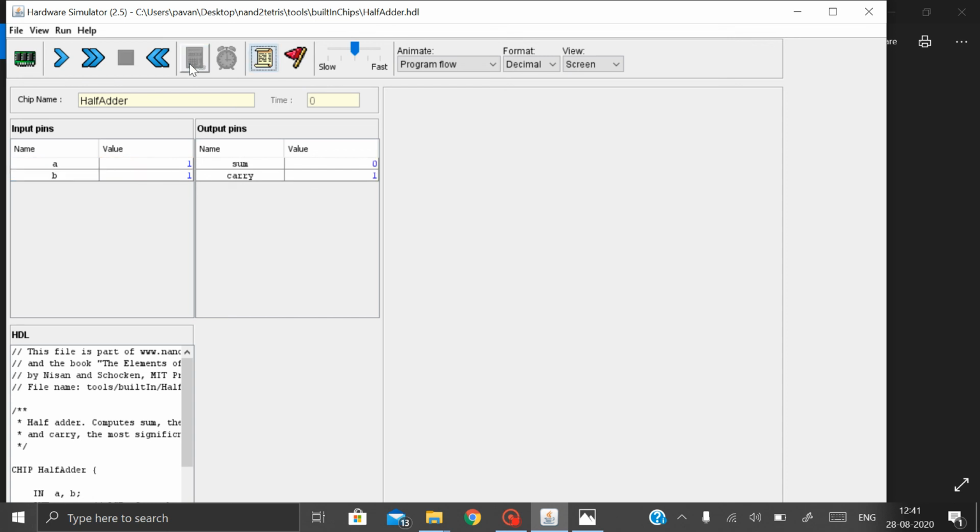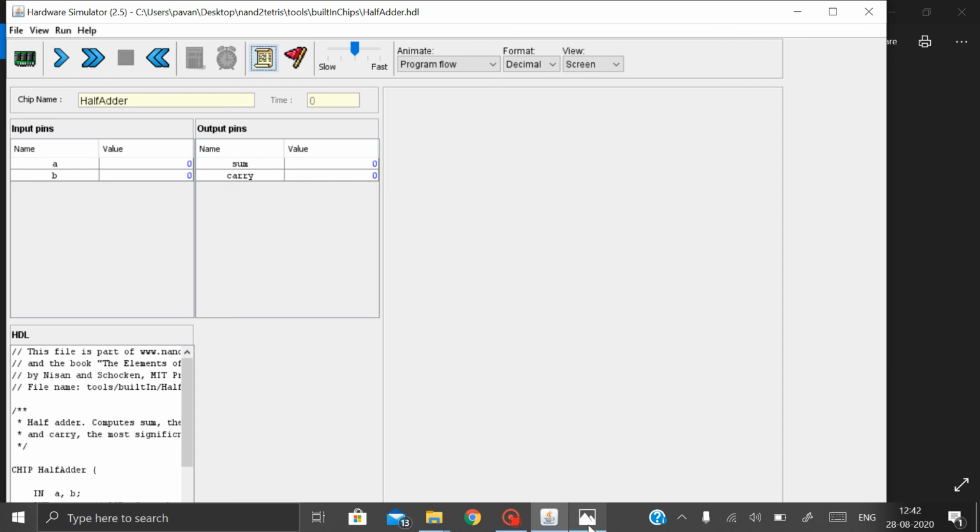As you all know, when we add 1 plus 1, we get sum as 0 and the 1 goes for carry, so the output of carry is 1. The same thing happened here. If you give A as 0 and B as 0, then sum will be 0 and carry will be 0. As you see, the same thing happened here. We completed half adder.